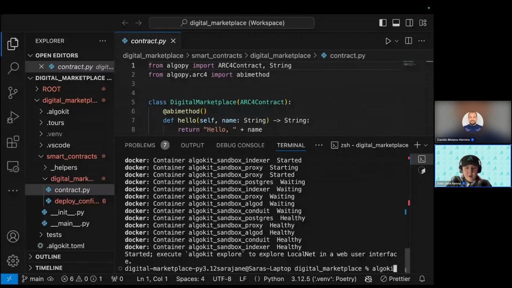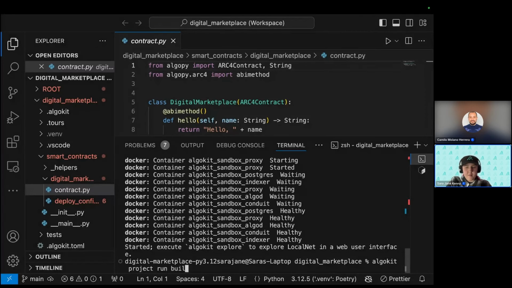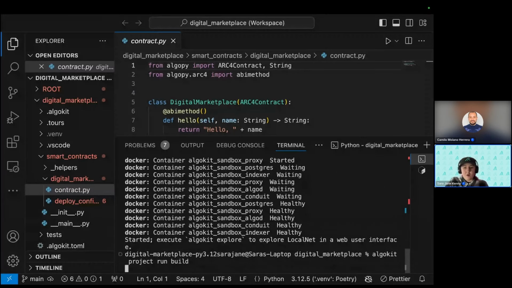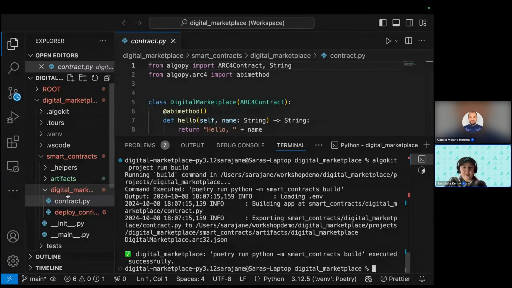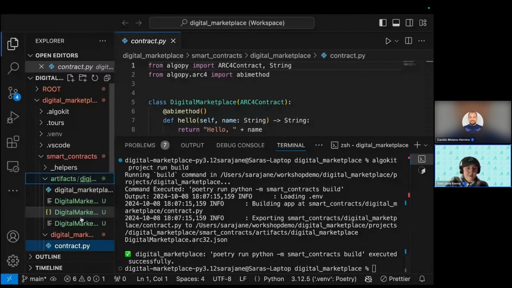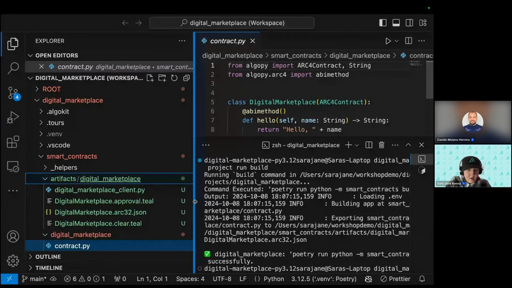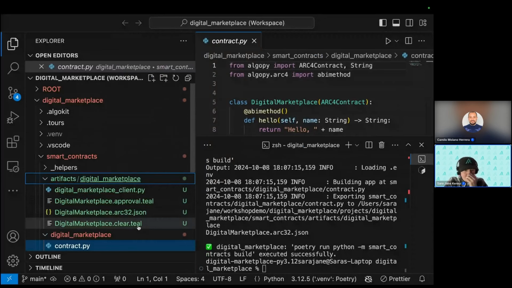So we have AlgoKit project run build, because you can't deploy a smart contract until it's built. So if we run this command, it will start to build. And you might have noticed on the left-hand side of my page, artifacts was generated. And if we look at artifacts, we can see our approval and clear, which we talked about earlier in the presentation, and our client,